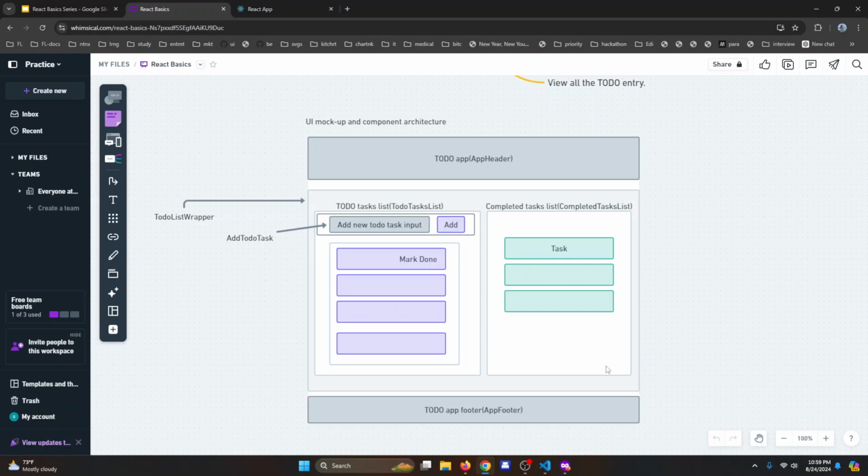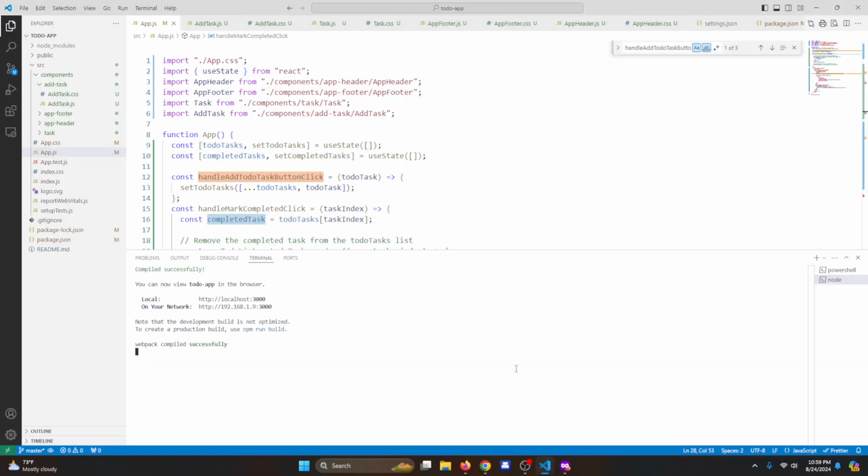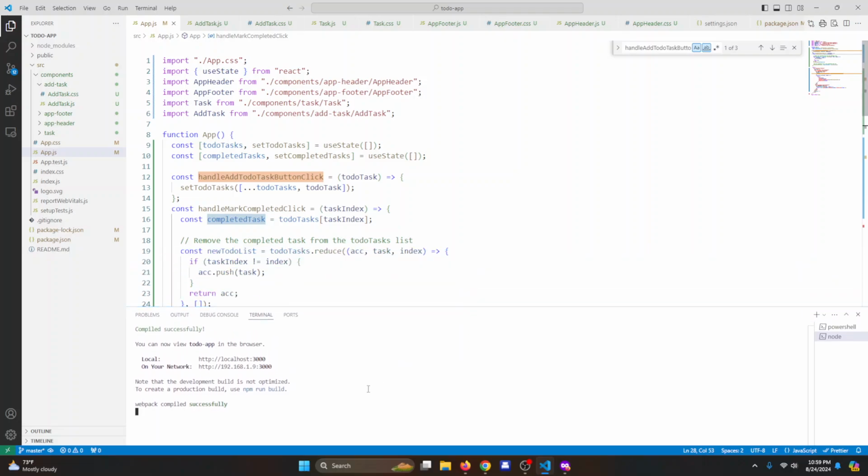In the previous video we completed refactoring the Todo application, and we were able to refactor different parts of the app and move them to their own components. So let's go back and see how our code looks at this point. I have started the application using the npm start command,